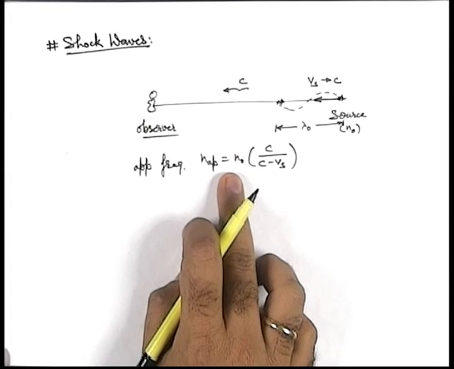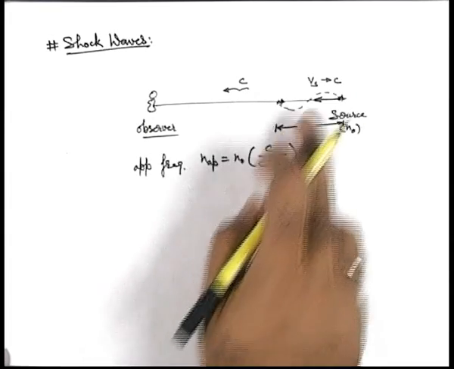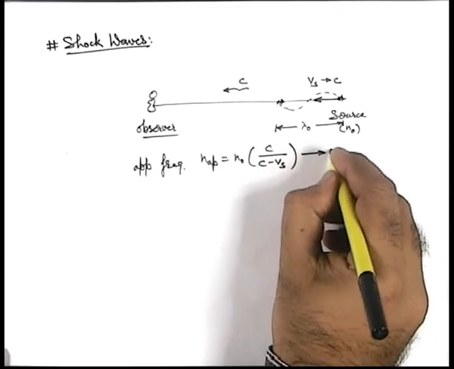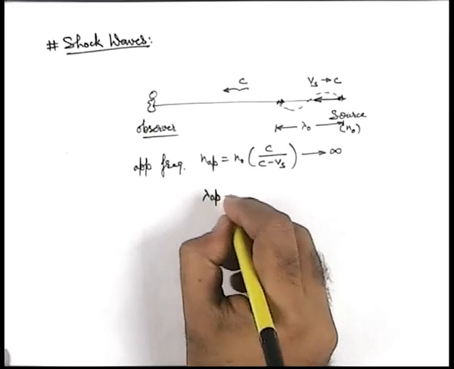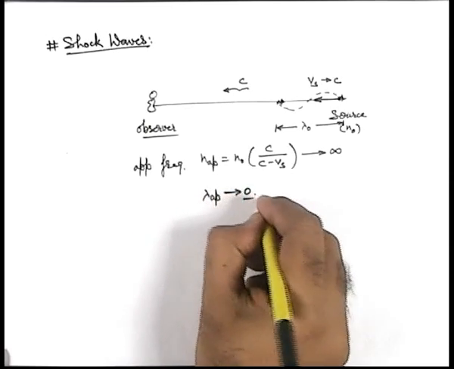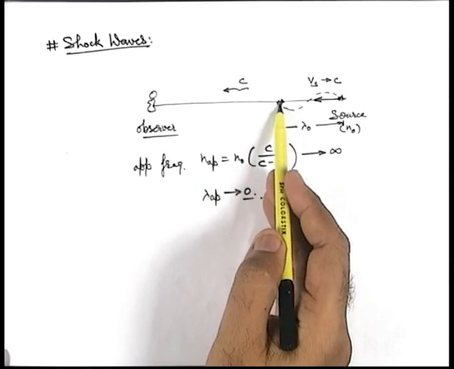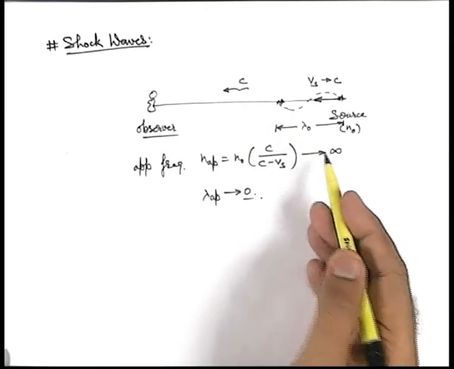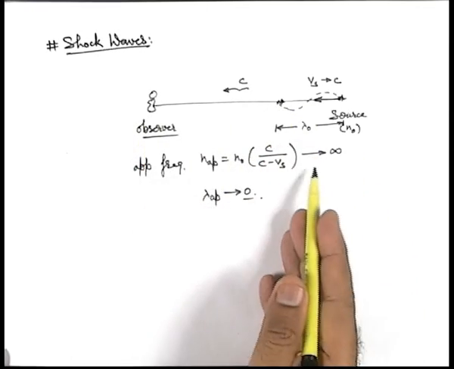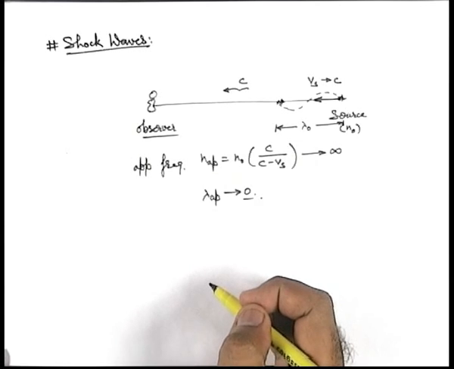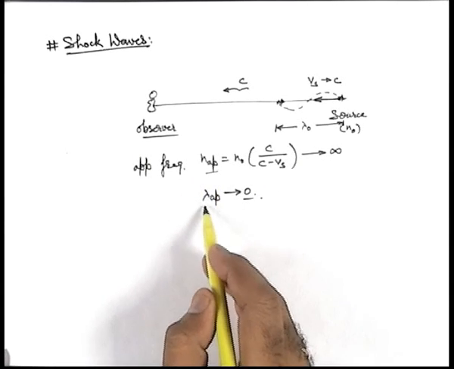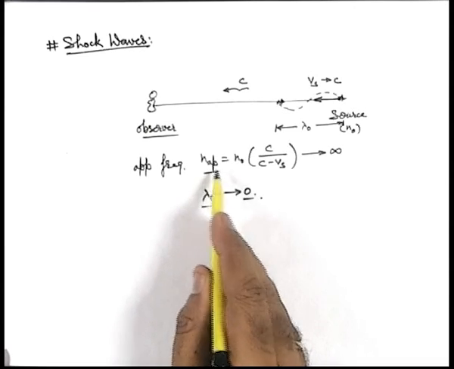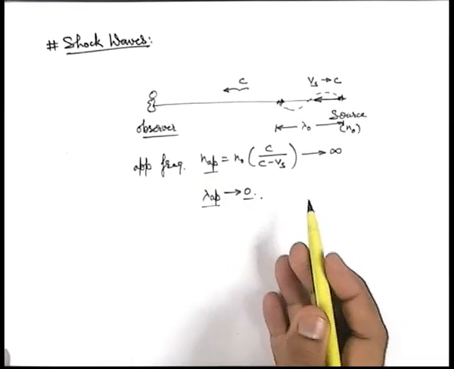In this situation you can see if vs is equal to c, this apparent frequency tends to infinity, and here we can see the apparent wavelength will tend to 0. So almost negligible wavelength waves are emitted, or when this will approach the observer, the frequency will be almost infinite. Now in this situation, we can see the frequency and wavelength are becoming impractical, or this is practically very difficult